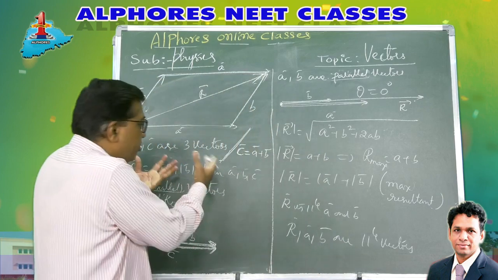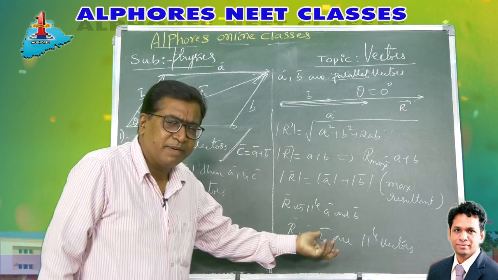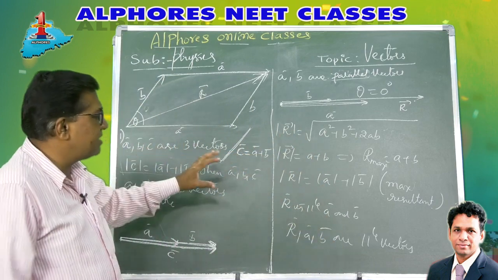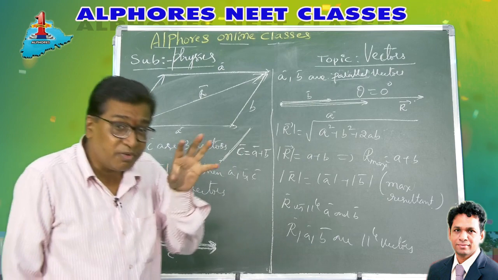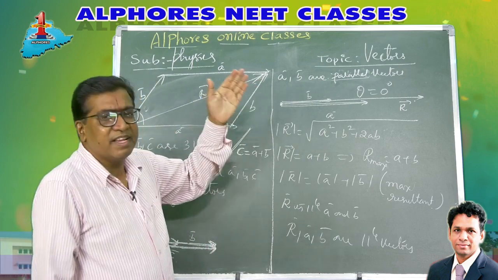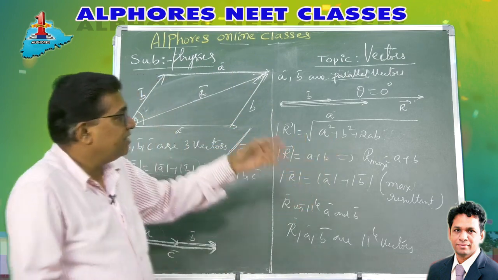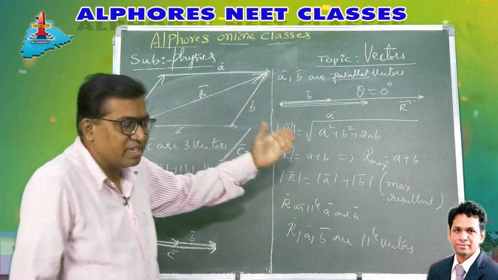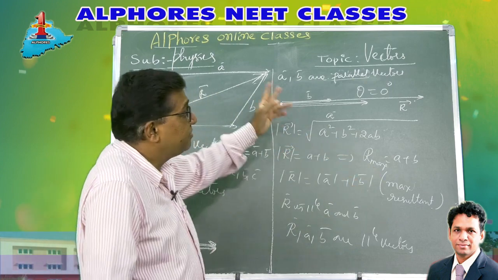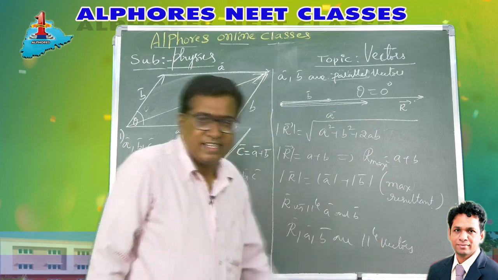The question is given in pure vector notation, right? Not given either in mathematical form or in English words. He has put it in pure vector notation. You have to make out, you have to understand. So therefore, first case, when the vectors are parallel, in the same direction, the resultant is root of A square plus B square plus 2AB cos theta. If theta is 0, parallel in the sense theta 0, cos 0 is 1, I get the resultant like this.